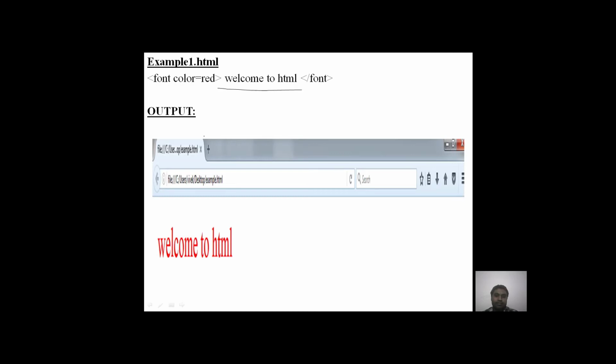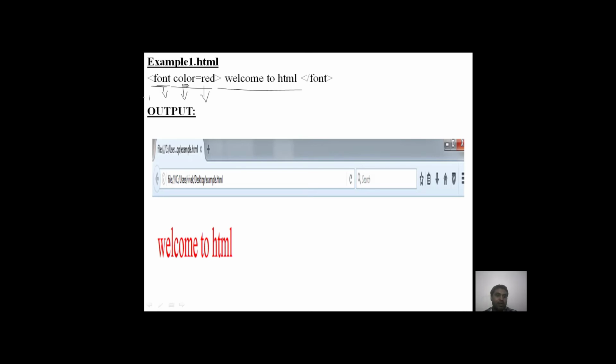Here in this example, welcome to HTML. This text has been given an effect called color equal to red. Here color is the attribute, and font is called the tag. For this tag, font is the tag, color is the attribute, and this is the attribute value.